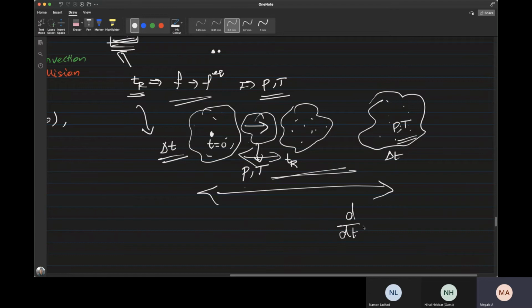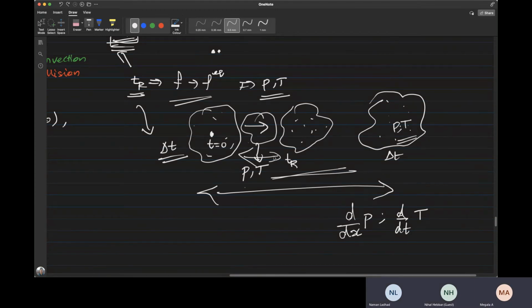We have d by dt of, we have d by dx of pressure and all, right? All the evolution variables, pressure and temperature, can be evolved. We have d by dt of T also. We are looking at this large time scale, not at this small time scale. That's why we can have evolution equations for temperature or pressure in macroscopic scales. So this is the reason. Any doubts?